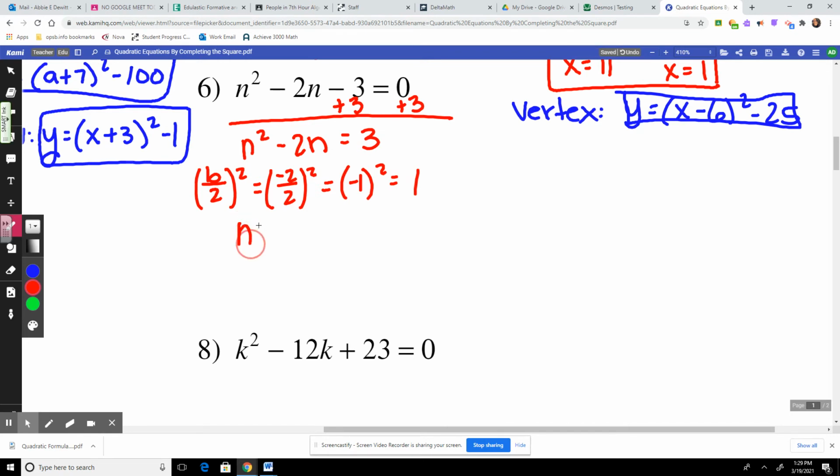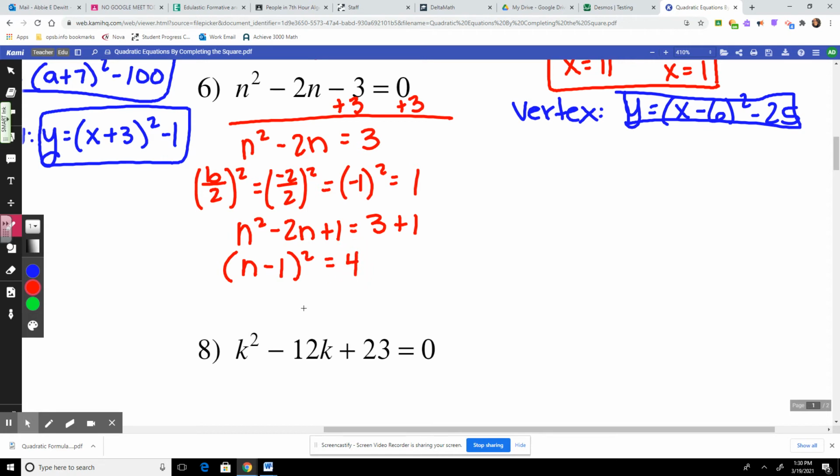So I'm going to add 1 to both sides. And I'm going to make n squared minus 2n plus 1 a perfect square. The square root of 1 is positive or negative 1. And if I take the square root of 1 and get positive or negative 1, that tells me I'm going to need the minus 1 because negative 1 minus 1 is negative 2. So n minus 1 squared